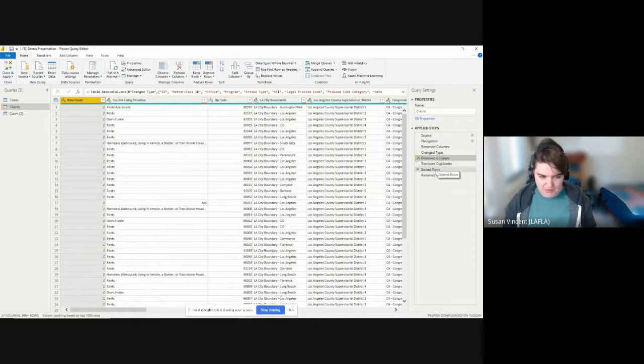So what that's going to end up doing is giving me just the list of deduplicated clients. And so then I can relate them to all of their cases and get that difference of how many clients did you have versus how many cases. And again, that's something that's not